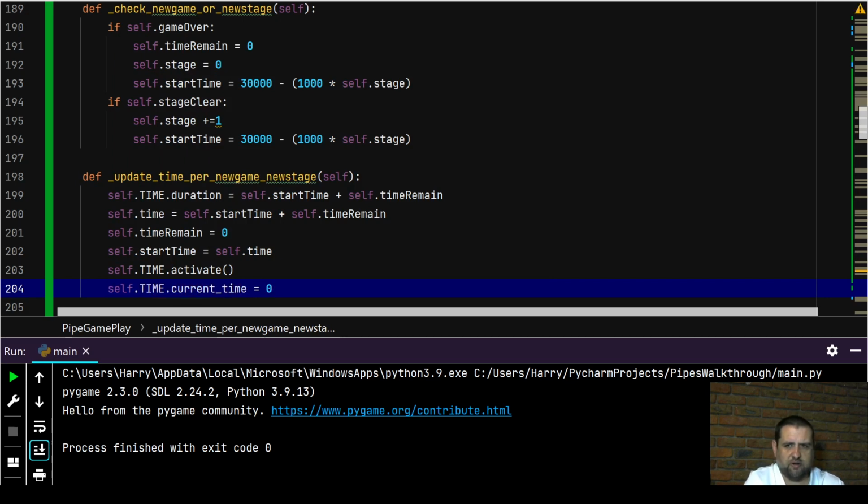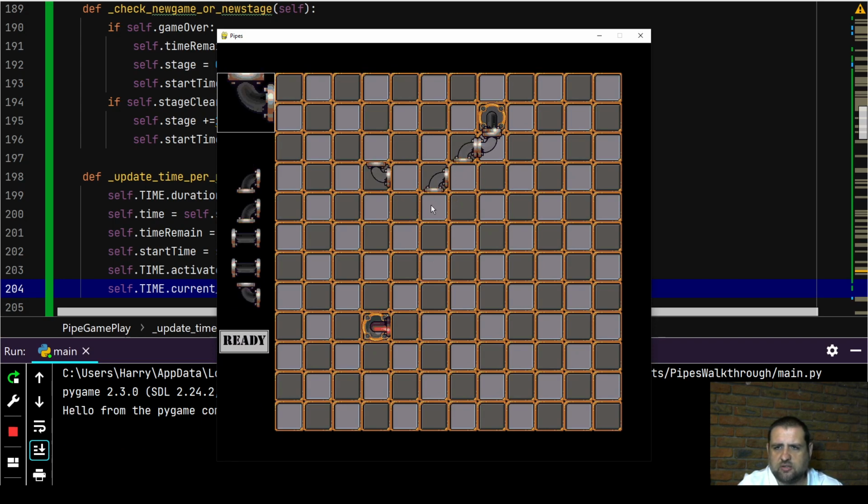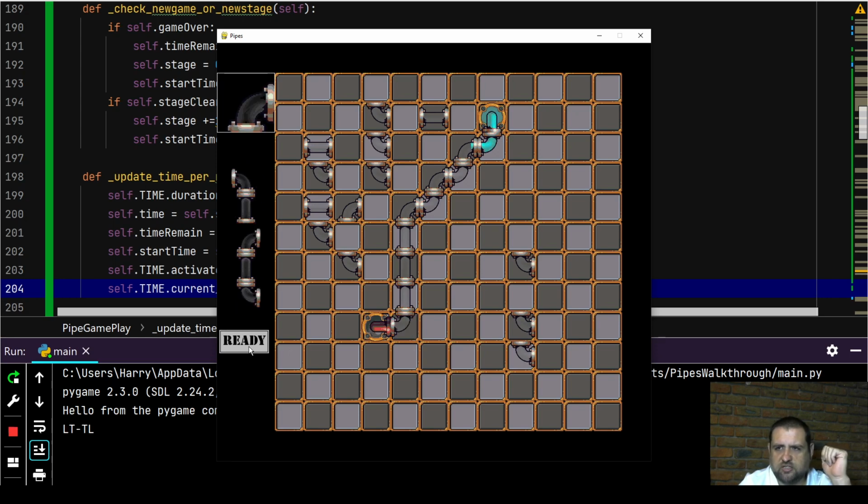I'm quickly going to go ahead and run this. So if we click the new game button, this button should disappear, the game should start. Alright, let's go. Let's try and see if we can make it to the end. No, that doesn't help. That one helps. If we hit the ready button, it should work. It does. The water flows through. It should reach the end. We reach the end. Pipes complete. But then we should get a new game pop up again,